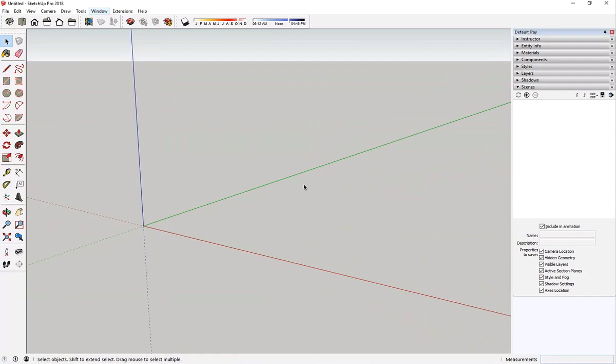So after becoming familiarized with the basic settings of SketchUp, it's time to start drawing different objects into our scene. The first tool that we're going to cover is what we call the line tool. Very simple tool that starts drawing a line over the scene. What we're going to do is click here on the line tool and go to the drawing area and start drawing